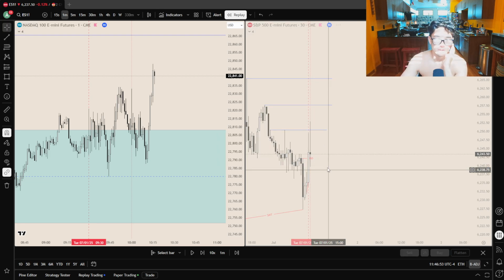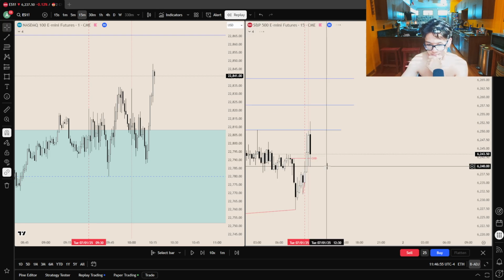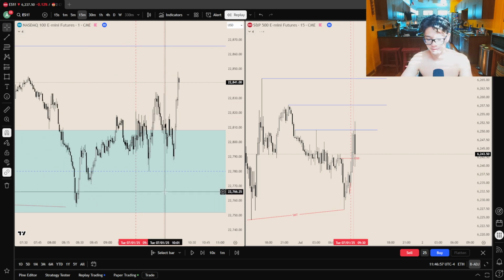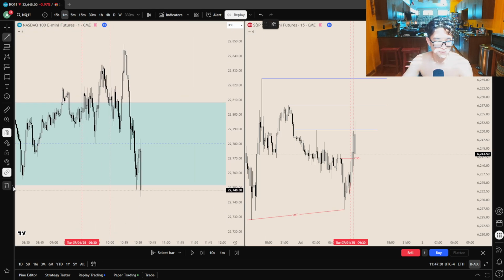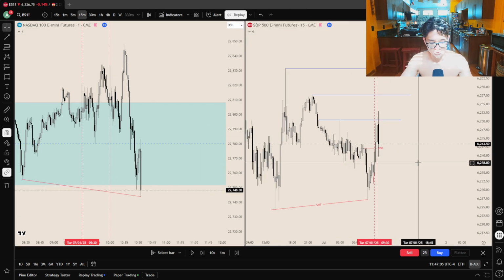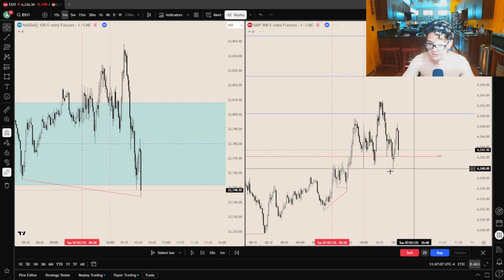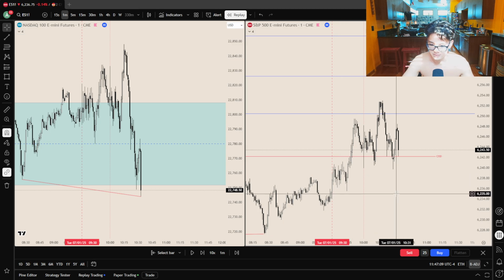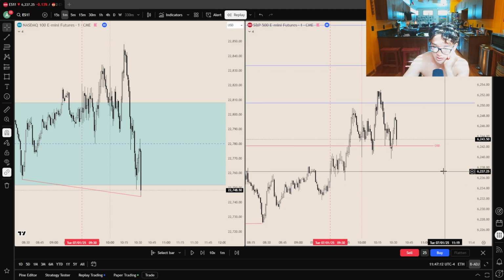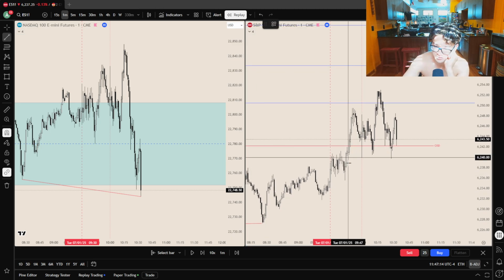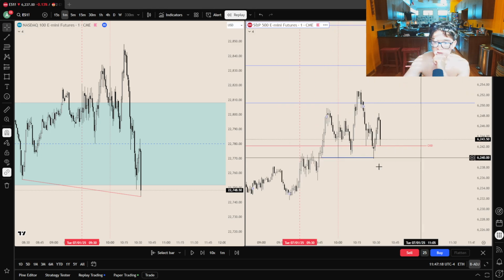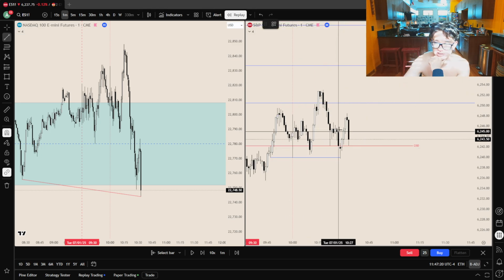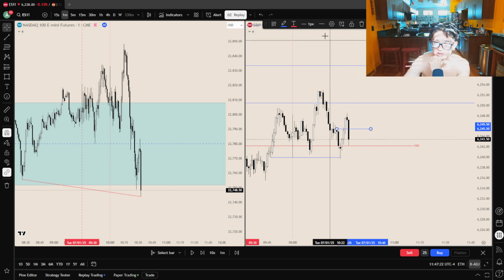So from here, we then come down on NQ. NQ brings us all the way down. We put in a bullish SMT here. ES does not take this low. ES is here. We do not take this low. And I see this as turtle soup. This is manipulation. And we get a 1 minute change in the state of delivery right here.